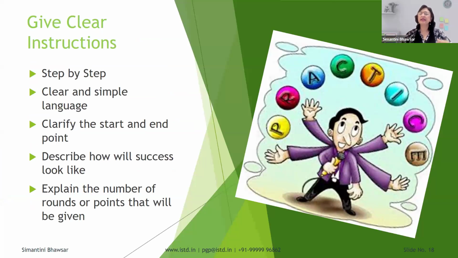Start by saying that we are going to have this particular activity, listen and draw. I'm going to pair you up with one other person. One person will be given a drawing and they are going to describe it to the other person. The other person is going to draw it. I need an identical replica. Clear, simple. Clarify how it starts, where it ends, whether we are going to get points, whether there is a limited amount of time, what success looks like, everything.